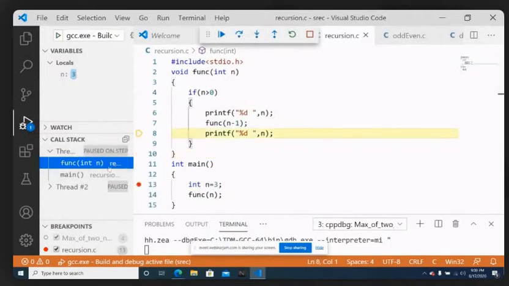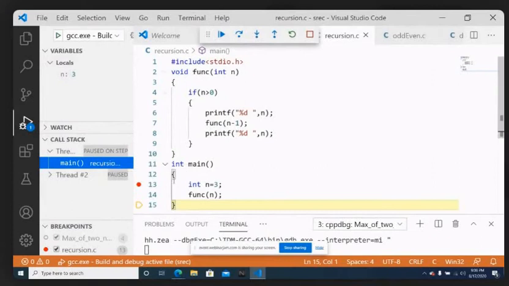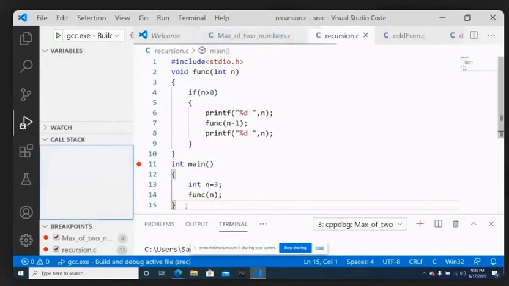The activation record deleted, you entered into the next activation record where n value is equal to 3. That also was stopped up to line number 7. Now you are continuing from line number 8, where printing the present value n is 3. So this is how 3, 2, 1, and again 1, 2, 3. So again, if this closing curly brace is executed, the corresponding activation record will get deleted. You enter into main. Main up to the 14th line you executed. Now you are continuing from the 15th line, where you have the closing curly brace, and the activation record of main also will be deleted from the entire thing. So now everything from call stack, variables, everything is flushed because the complete execution is over.